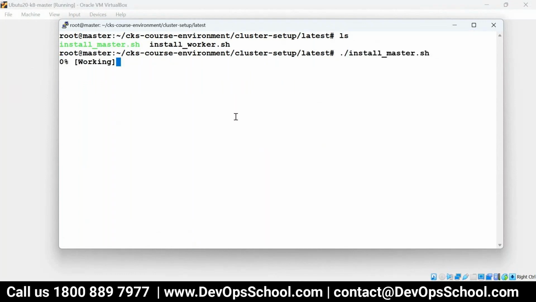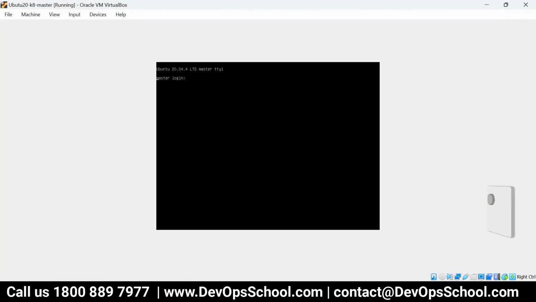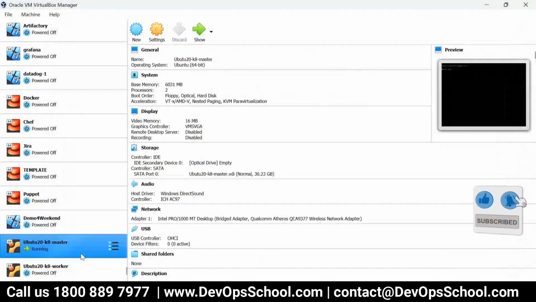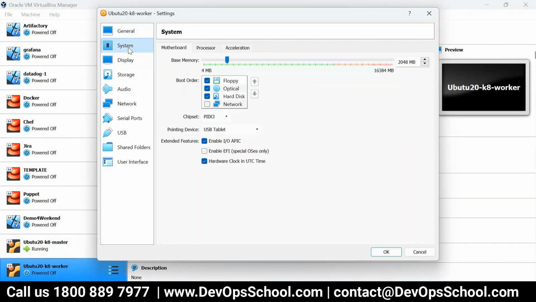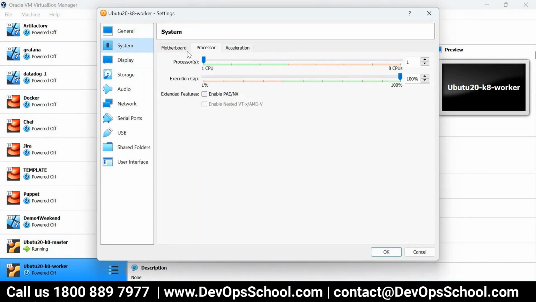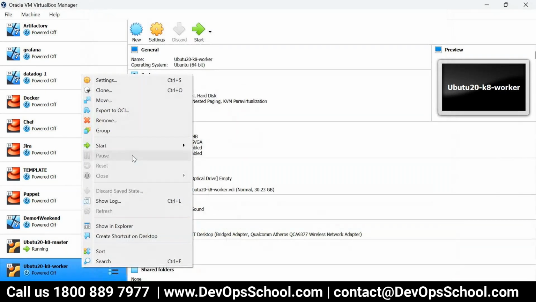Let it run now. I don't think there will be any problem in it. Meanwhile, I'm going to access the worker also. For the worker, I'm setting 2 GB RAM and 2 CPU, and that's okay.